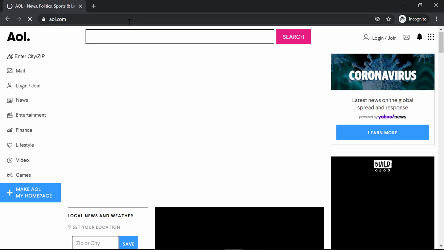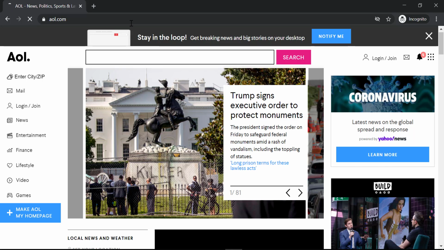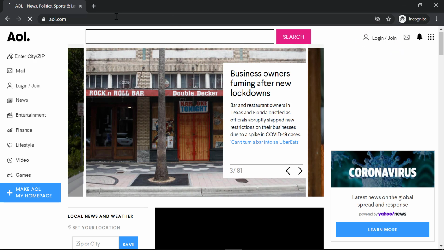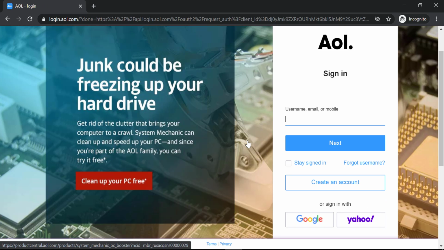Then it will take you to the official homepage of AOL. And there, on the top right corner of the screen, you can see an option named Login/Join. You could also see the option on the left side of the screen. You can click on either of those, and then it will take you to this page where if you already